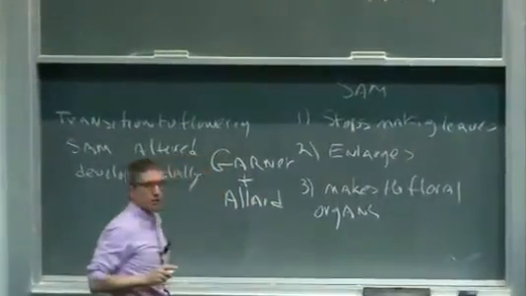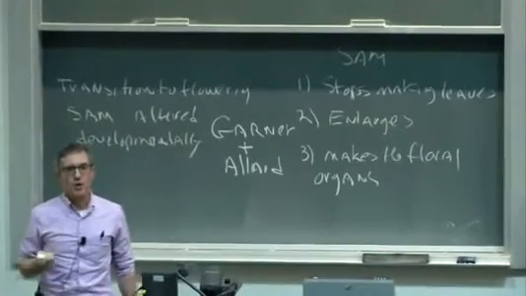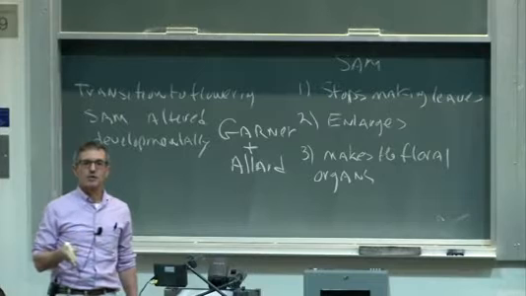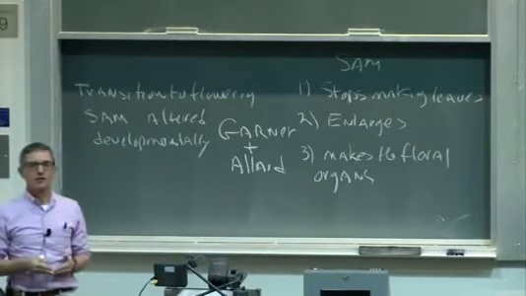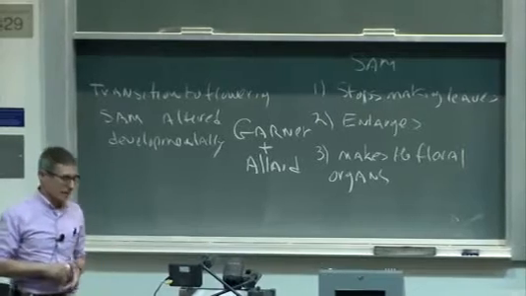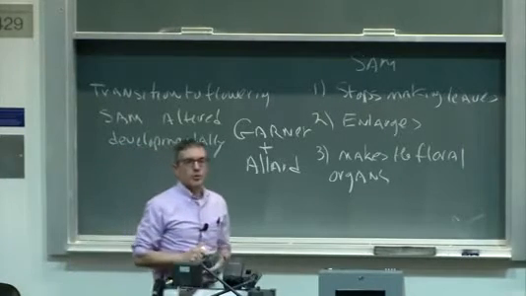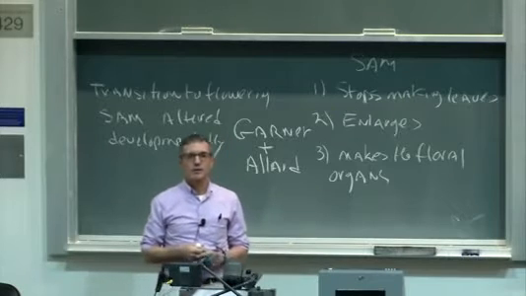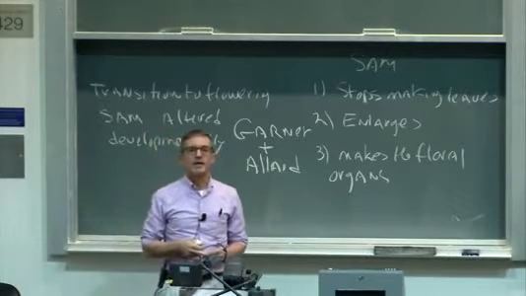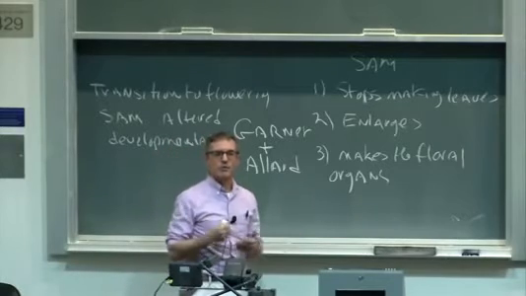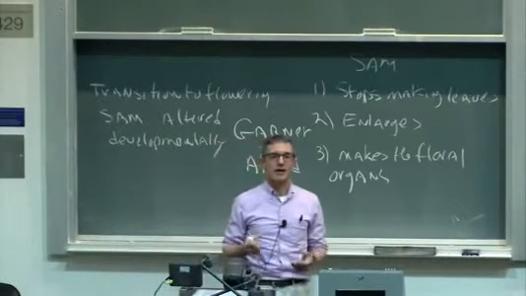So what I'd like to do is to discuss with you their work and how it impacted our understanding of the transition to flowering, that is, the change of the developmental pathway from vegetative to the flowering pathway. Now, Garner and Allard worked for a government lab in Maryland in the 1920s, and they were interested in breeding tobacco plants. They were interested in getting plants which were very large, which would provide a lot of tobacco for